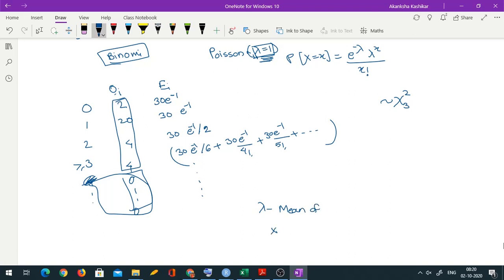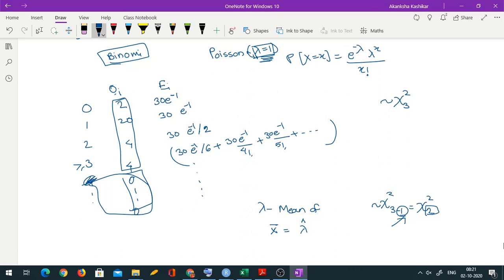So I would check what is the sample mean x bar, and I would say that x bar can be taken as an estimate of lambda, lambda hat. Then I would use that x bar in place of lambda, and now because I have estimated one parameter from the data, my chi-square becomes 3 minus 1, that is chi-square with 2 degrees of freedom. Why? This minus 1 is because I have estimated one parameter from the data.